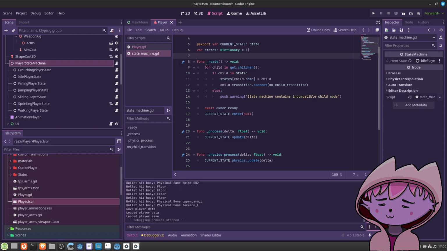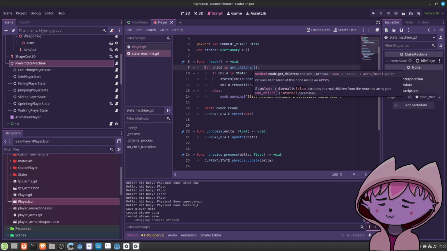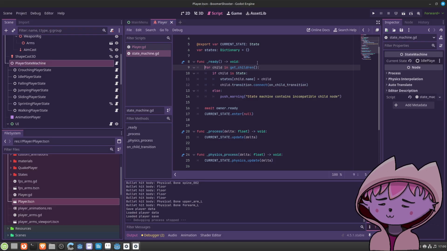And let's see. From the ready function, we get all the children. That's cool, checking that it's actually a state, not that the developer has mistakenly put something else in. Yes, okay. States, and then we populate the dictionary.